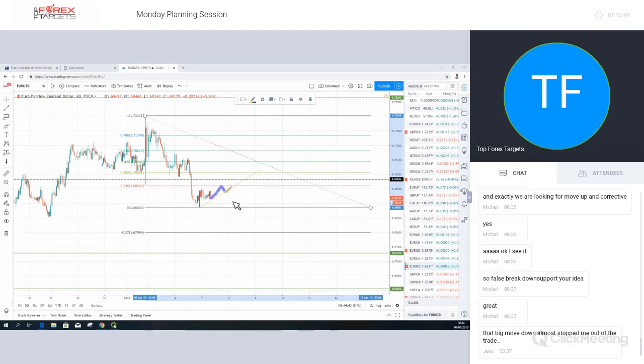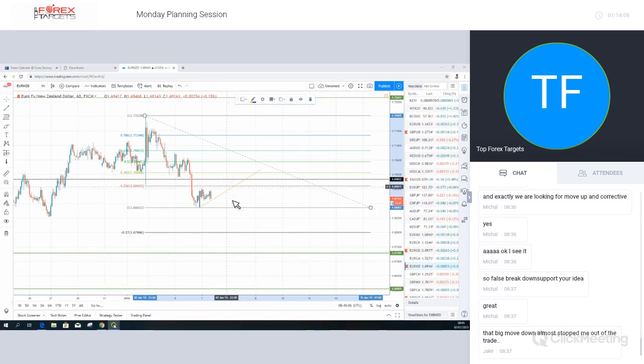What do we know about impulse waves? 1, 2, 3, 4, 5. Well, then you would probably want to take your target here, because you can see 5 waves down. Okay. If you come down to the 270 like this, 1, 2, 3, then you know you're probably going to have a final move down. So all of this feeds in. Once you start to learn this and you get an understanding for the structure, this feeds into profit taking as well as executing your trades.